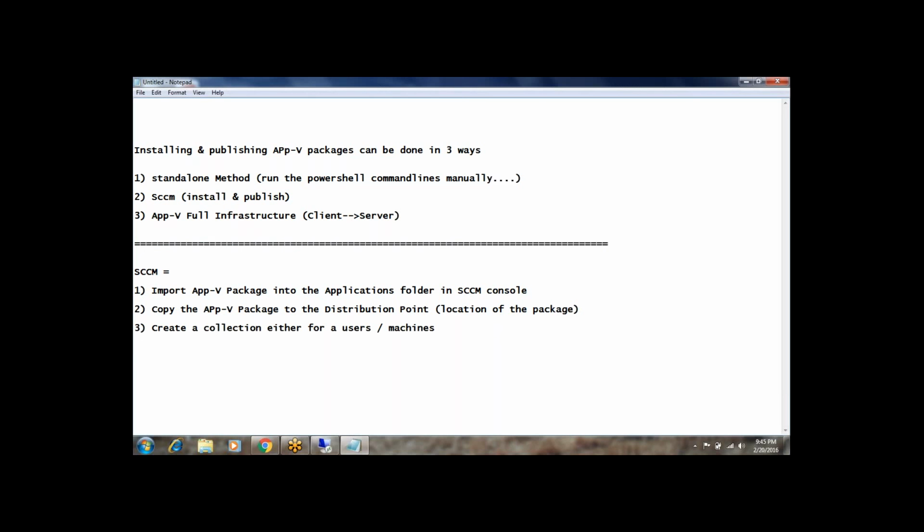Then the fourth step is we call advertise or deploy to the created collection. Whatever collection you created at step 3, you have to advertise to that. That's it.